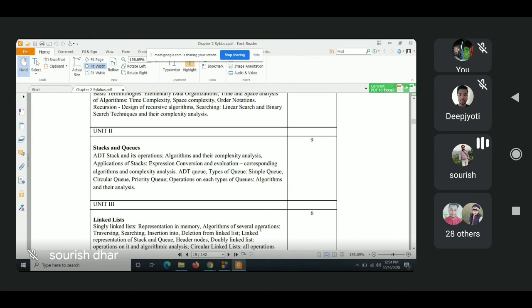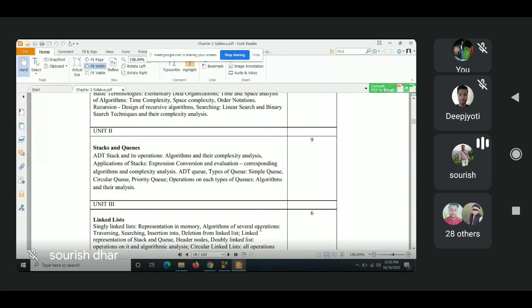You brush up your fundamentals and you be thorough with your fundamentals, and then come and sit in the class of linked list. Otherwise, you are gone. You won't be able to catch up the class anymore. So use these 2 to 3 days of time to brush up the basics or fundamentals of data structure, whatever the subjects or topics we have gone through.